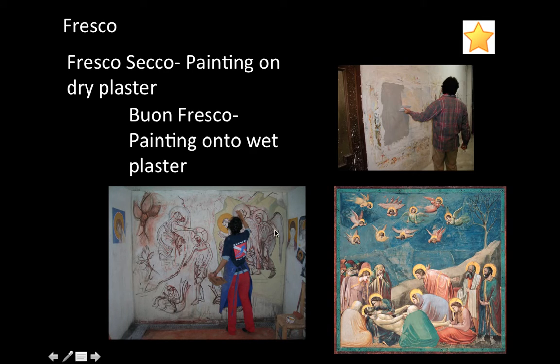That's not considered true fresco, because when you paint on dry plaster, the paint sits on the surface of the plaster, so it's not as durable. Whereas with buon fresco, you paint onto the plaster while the plaster is still wet. So this is what wet plaster looks like. And you have to paint onto it before it dries so that it absorbs the paint evenly. It's hard to do correctly. And over time, especially with the addition of humidity or excessive dryness, it can start to deteriorate.